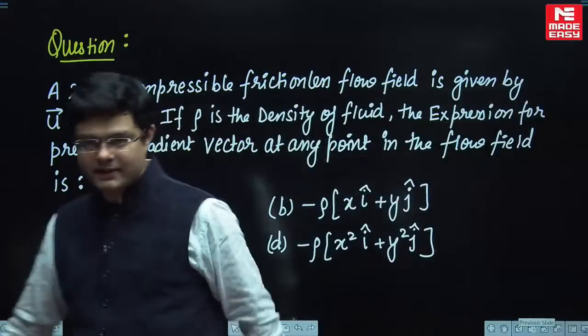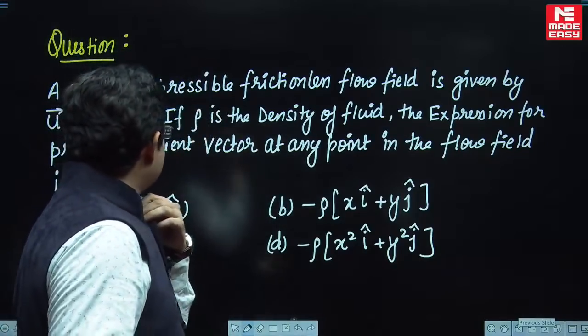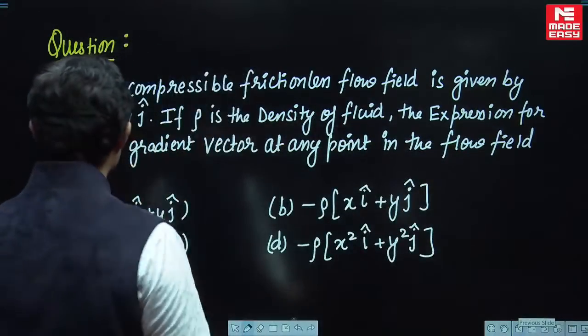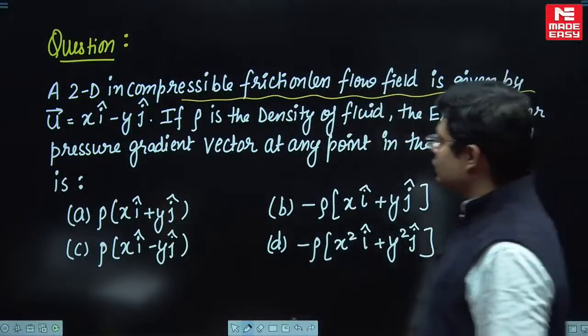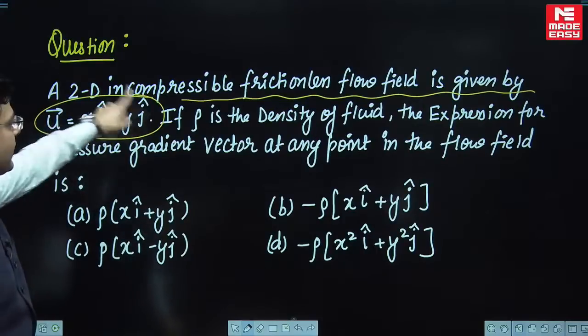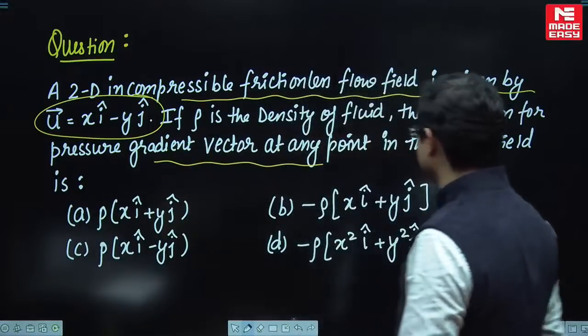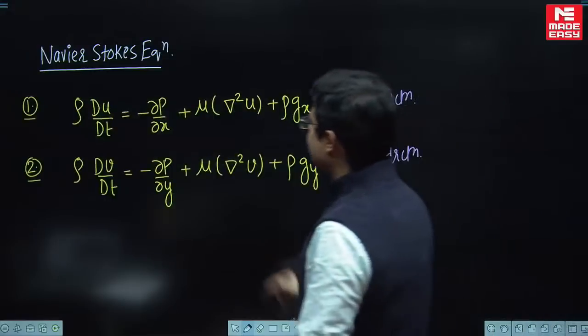ये जरूर मैं आपके साथ करूंगा, ये जरूर मैं बताना चाहूंगा, बिकॉज ये जो क्वेश्चन है ये बड़े सारे मैकेनिकल इंजीनियर्स को डाउट है। ये हमारे गेट के पेपर में भी आया था। सो हम लोगों को वेलोसिटी वेक्टर दे रखा है, द वेलोसिटी वेक्टर इज गिवन, द एक्सप्रेशन फॉर प्रेशर ग्रेडियंट वेक्टर पूछ रहा है वो हमसे।